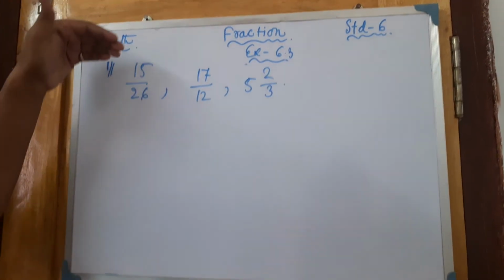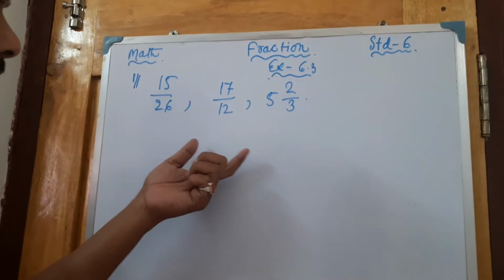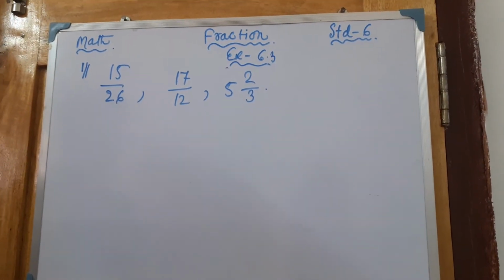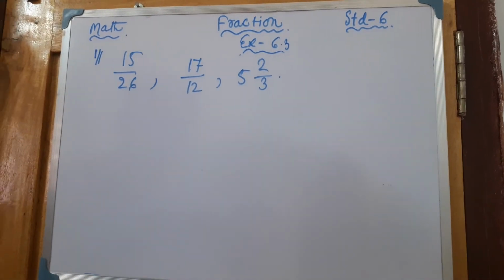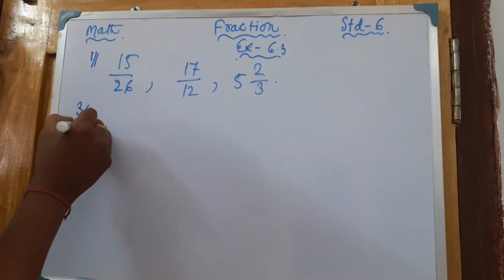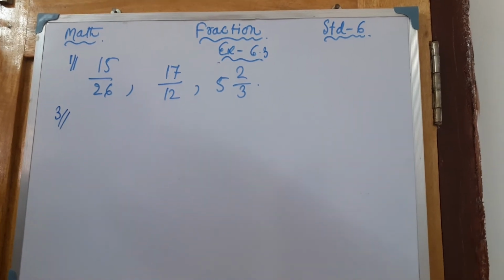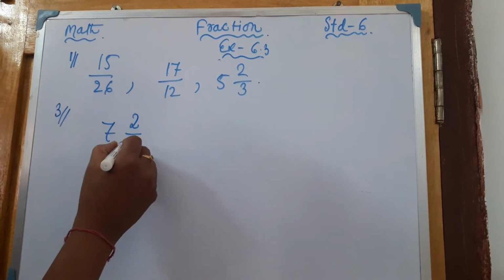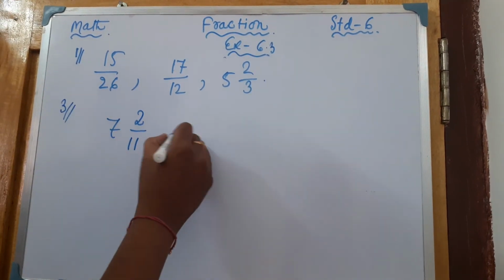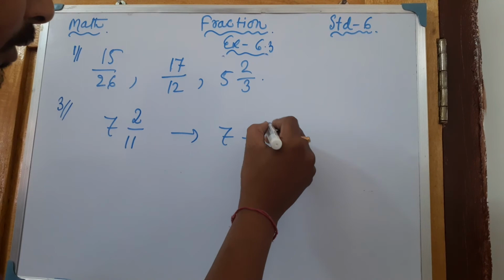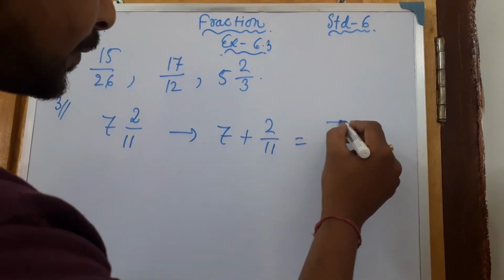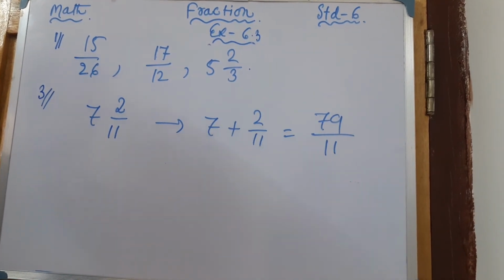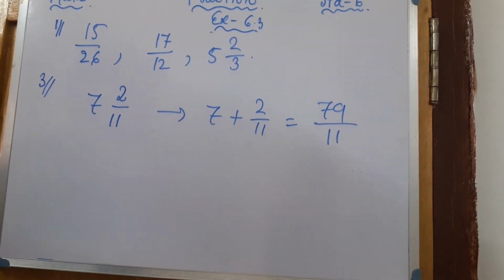You know which one, where the numerator is more. Just now I told you where the denominator is more, so that you can check, and this one is definitely the mixed fraction. Okay, next numerical. Question number 3. Question number 2 you will do for homework. Convert the following mixed fraction into an improper fraction. Suppose this is given, 7 whole 2 by 11. You can write this one as 79 by 11. So this type of fraction will come here.